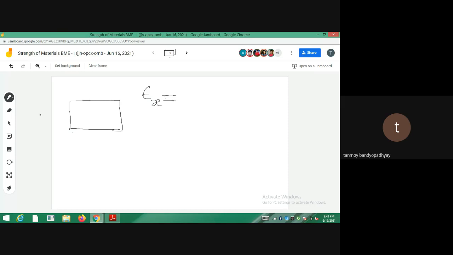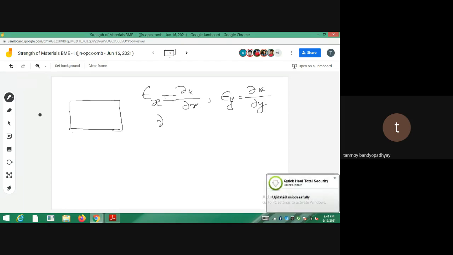So that is equal to del u by del x. Epsilon y is equal to del v by del y. Okay, not epsilon z. I am not going into the 3 dimensions and all. Epsilon z will be equal to del w by del z. So these are the normal strains. You can make it delta also. In case of del, you can use delta also because it is only in the z direction. So only the z directional components you are having.